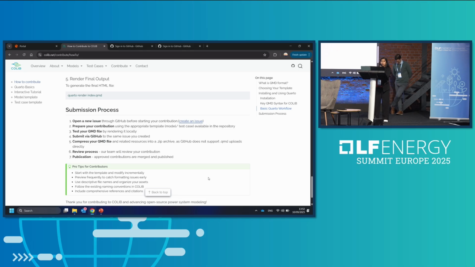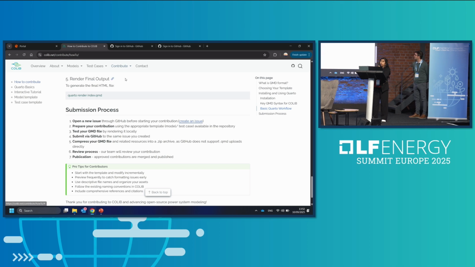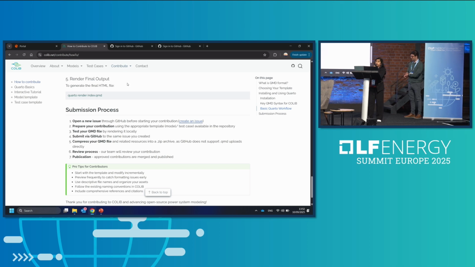So to make the contribution much easier and more comfortable, that's why we have moved to this platform. And if you are familiar with GitHub, then you can create an issue. Let's say you are going to contribute more than 5 models, then you can create an issue for each model or just one model, and one staff member from CRESYM will be connecting with you to give proper guidance